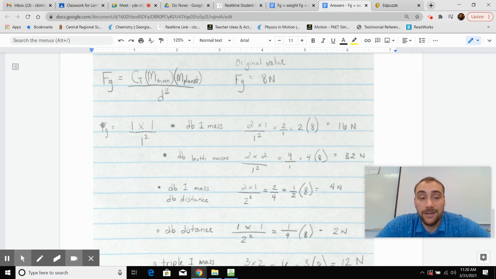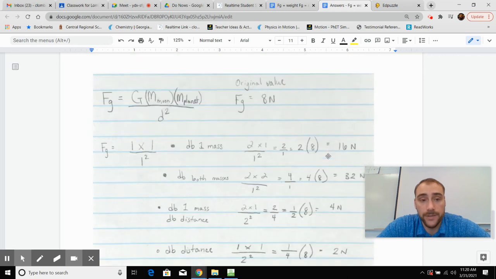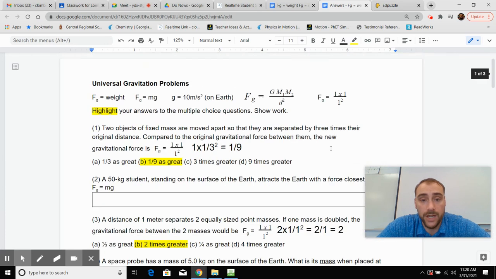And gravitational force, all right, again, we're not putting big G in here because that is a constant value. It's not going to affect our proportions. All right, so double one mass, what happens? So this one should be beneficial for you for 11. All right, guys? So that is what we're going to be doing. Please make sure you're getting started and working on